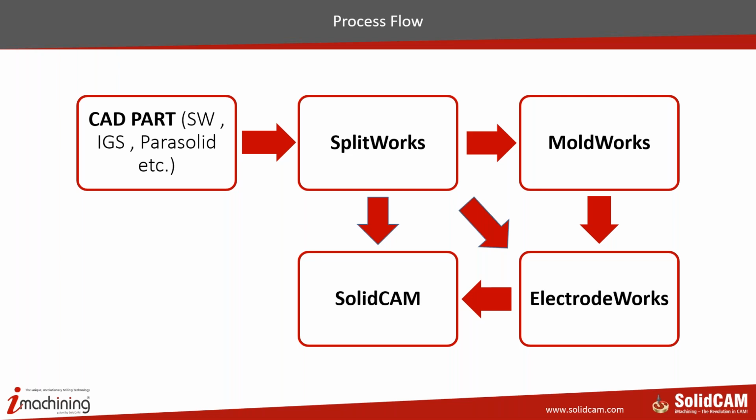Like I've shown you the flow of information, we start with a CAD part, which could either be a SolidWorks part, or an imported part like an IGS file or a Parasolid file. From there, we move into SplitWorks. And from SplitWorks, we can have two directions, and these could be simultaneous. One could be to do the designing in MoldWorks to design the mold. And then we could also do electrode extraction simultaneously, and we could move the inserts into SolidCAM for creating the